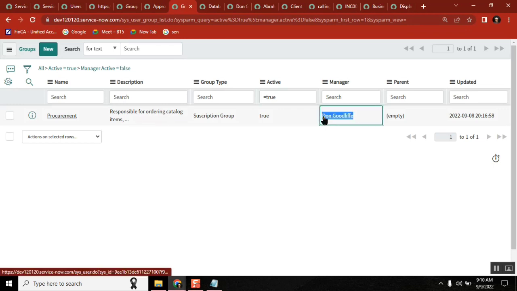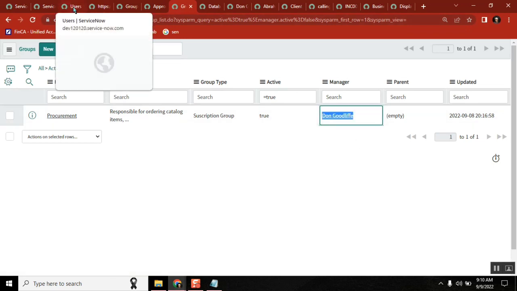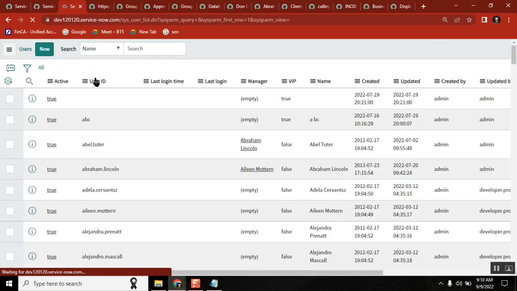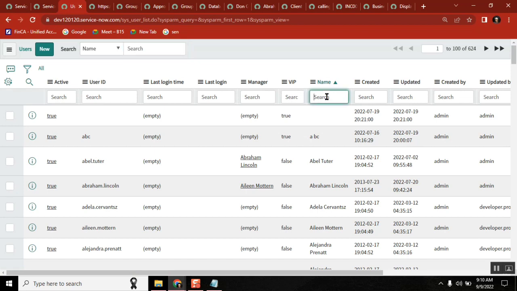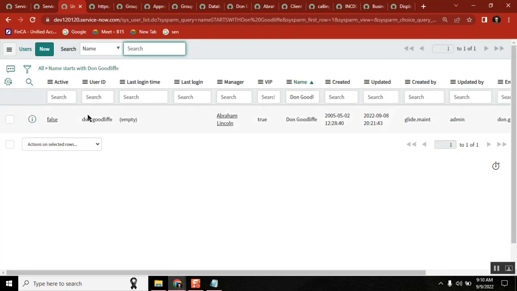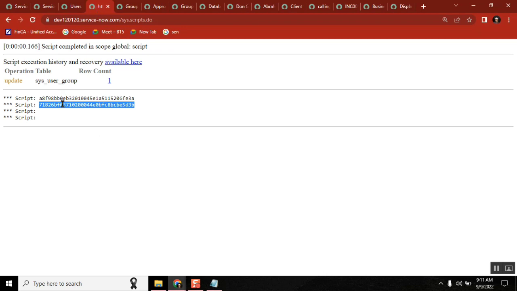So we are only operating on one guy, right? Maybe let's see if we have two people on this user, with the same user. By any chance are we getting confused with this guy's name? Okay, one only. And this guy's manager is Abraham Lincoln, and this is A8. Abraham Lincoln is also false. No, this guy is false. Correct only. So Abraham Lincoln is true. So the script is correct exactly, but here why are we getting